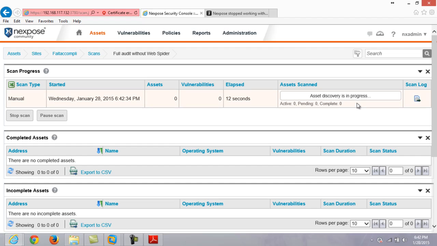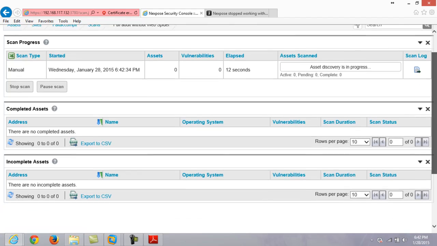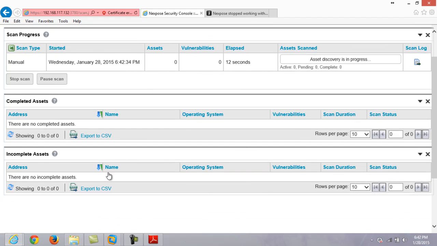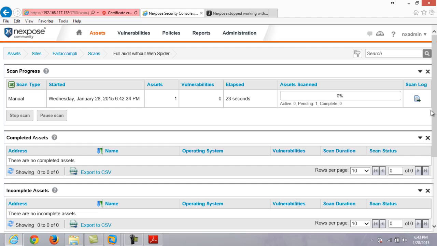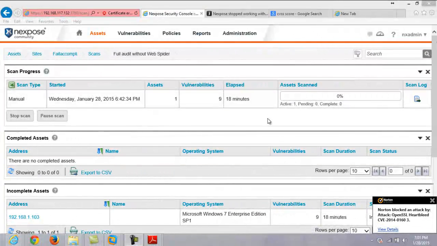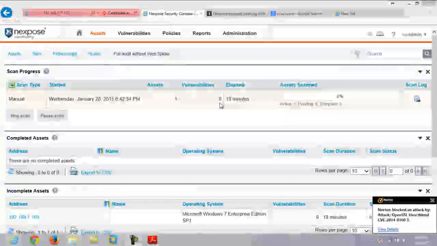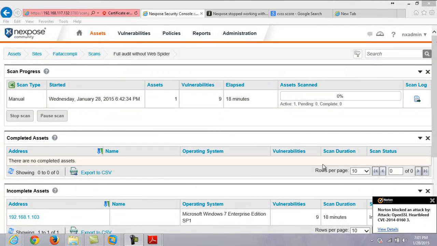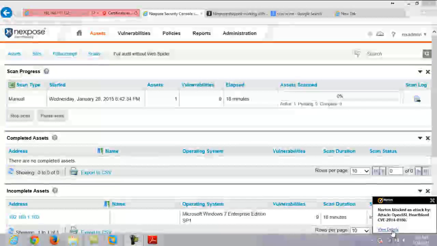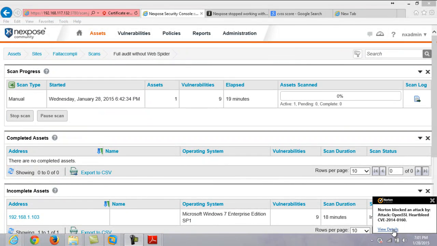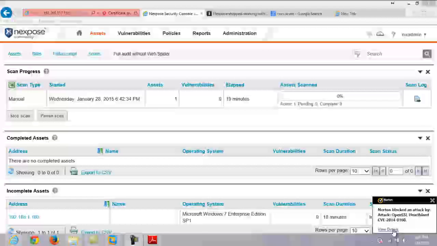Let's wait a few moments before we start to see some vulnerabilities and an actual discovery of our assets and discovery of our name, of our OS and vulnerabilities. So we're going to come back in a moment and see what we've discovered. Well, we're now seeing 9 vulnerabilities, and as with many other vulnerability scanners, our antivirus software is starting to show